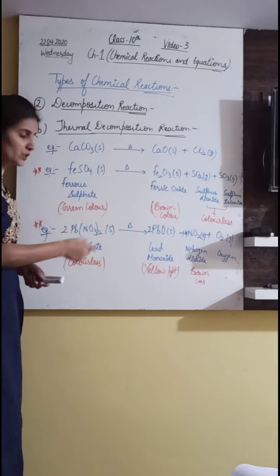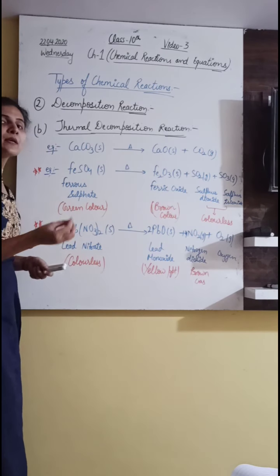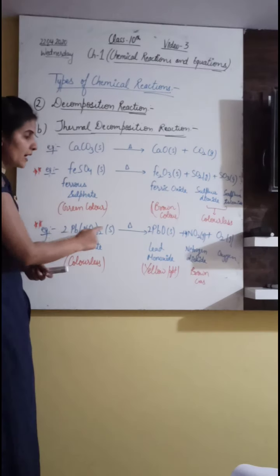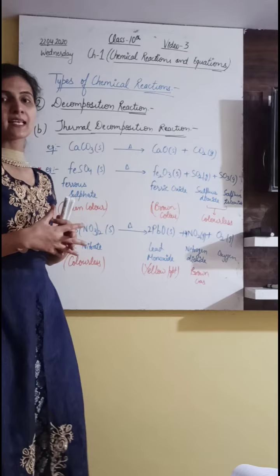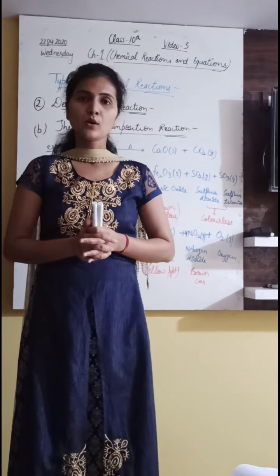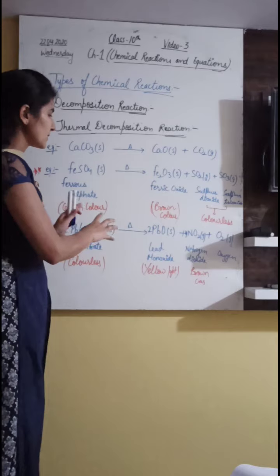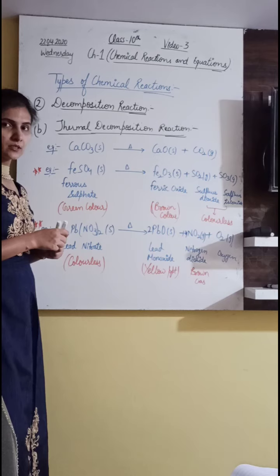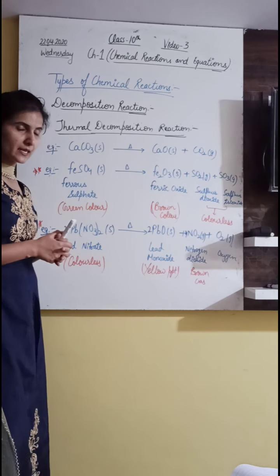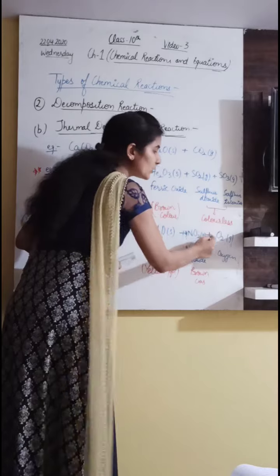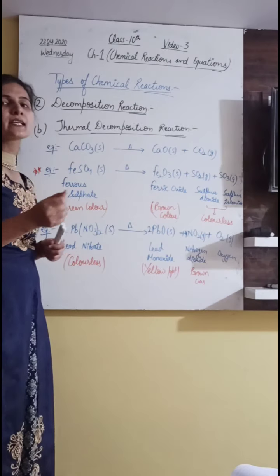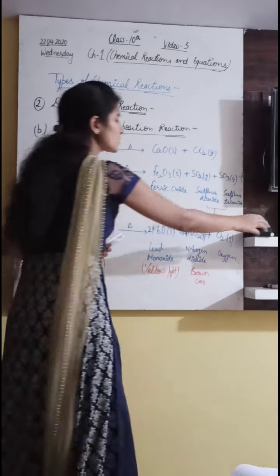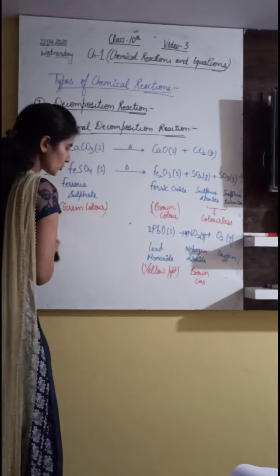You have to write the equation, you have to write the names of the chemical compounds, and you have to balance the chemical equation too. You have to balance the chemical equation, otherwise the examiner can cut your marks. Okay, so this is the chemical reaction. I will show you the video regarding the same. But before that, I will tell you the test of how to detect oxygen gas in a chemical reaction. First of all, I will tell you this, and afterwards I will show you the video.